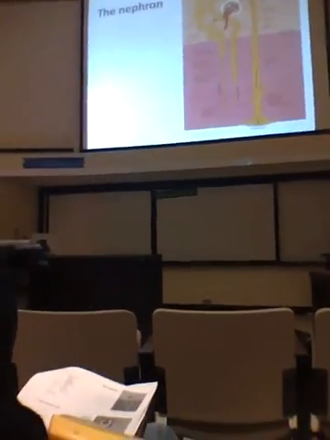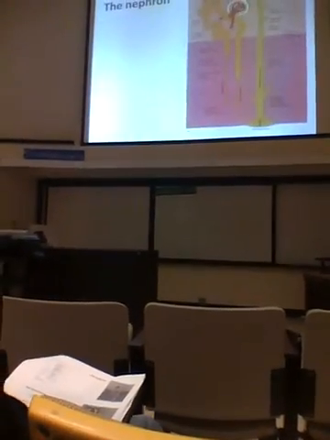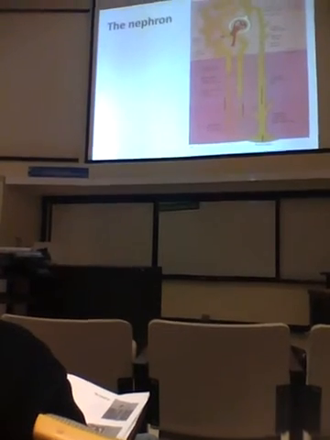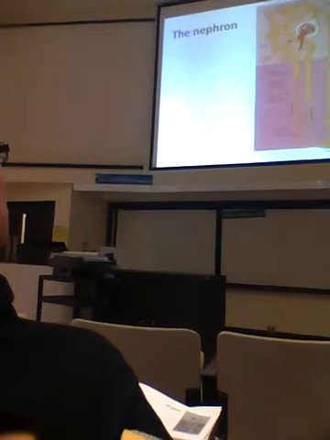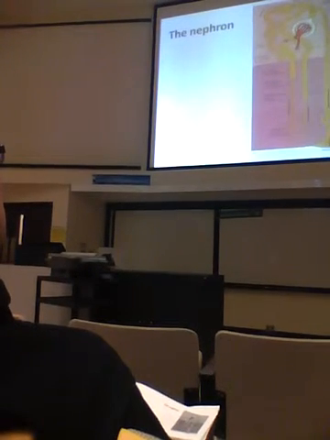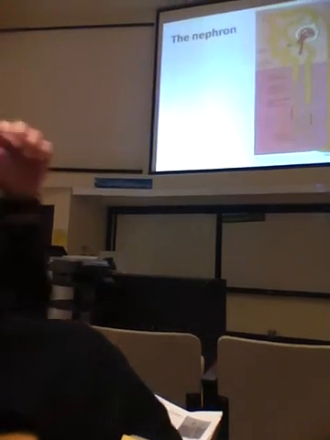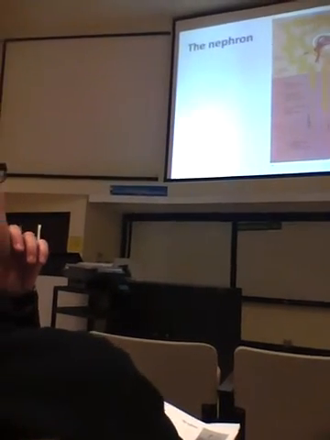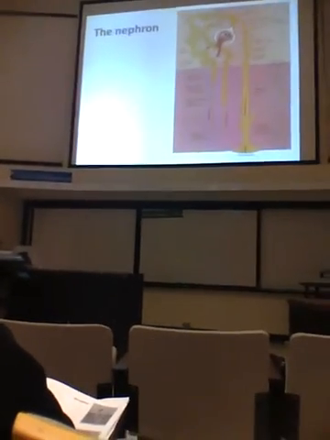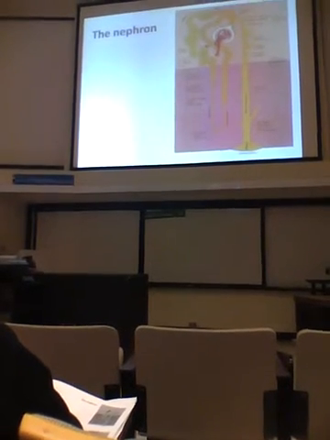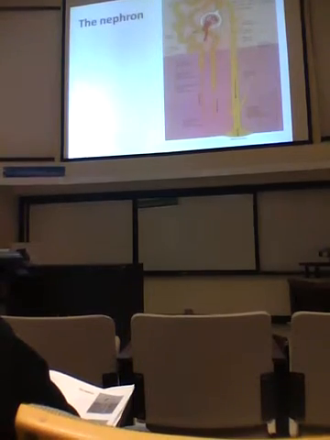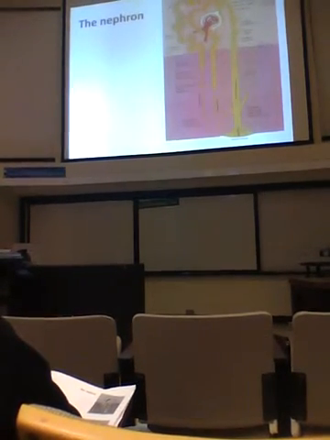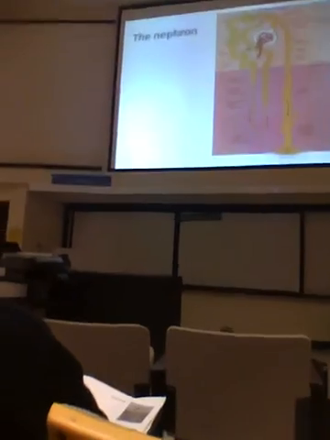Functional unit, the nephron. And just to remind you, let's run through the different parts of the nephron again. Here is the capillary network, supplied by an afferent arteriole and an efferent arteriole, and the peritubular capillaries have been left out of this picture again. The glomerulus here, this capillary network, is surrounded by a capsule called Bowman's capsule, and blood is filtered from here